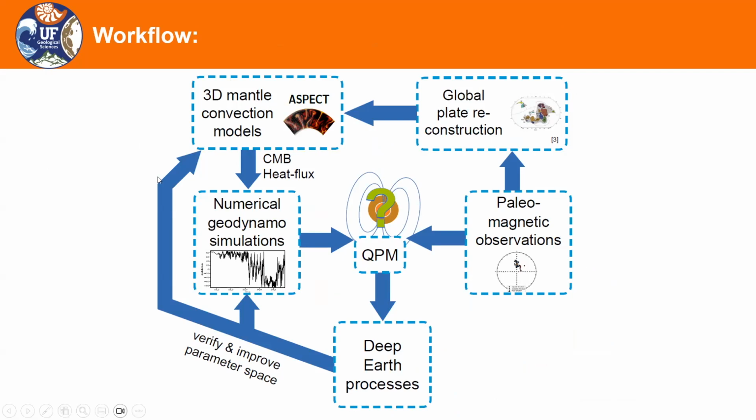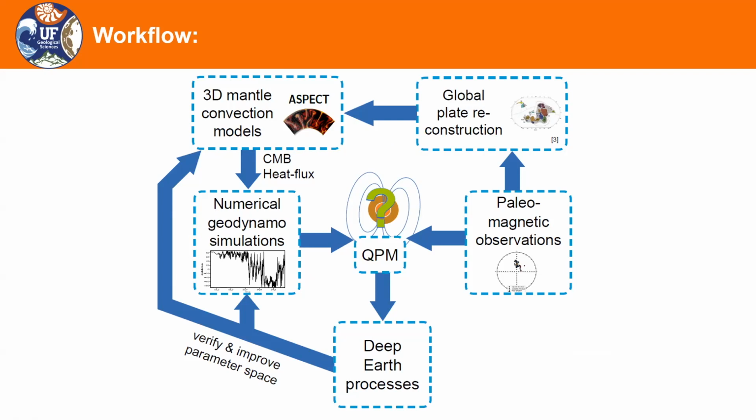And by we, I mean the geodynamo, because that is directly affected by these changes in core mantle heat flux due to the convection. And from the geodynamo simulations that we run, we can once again get pseudo paleomagnetic data that we can then statistically analyze and compare to what we actually see from